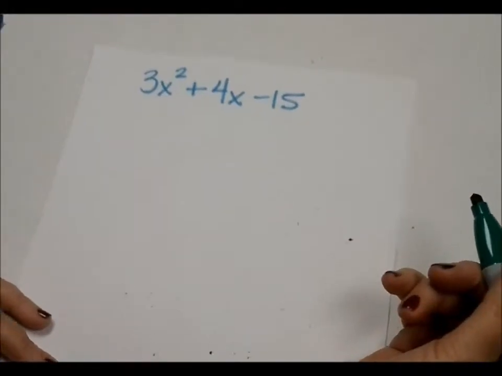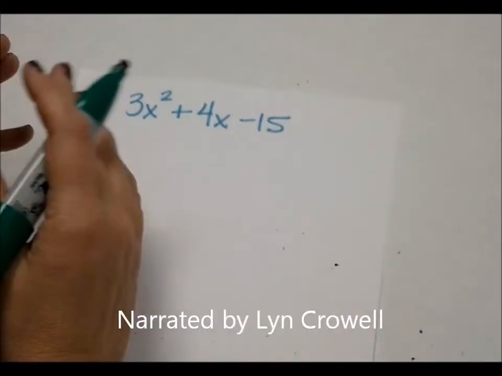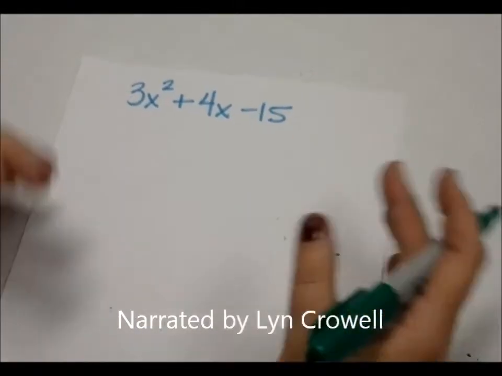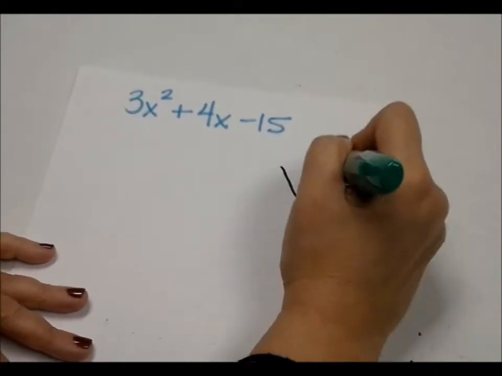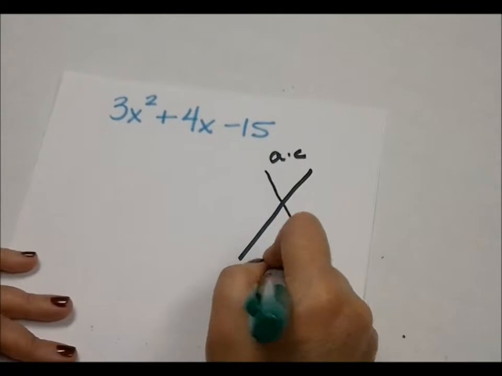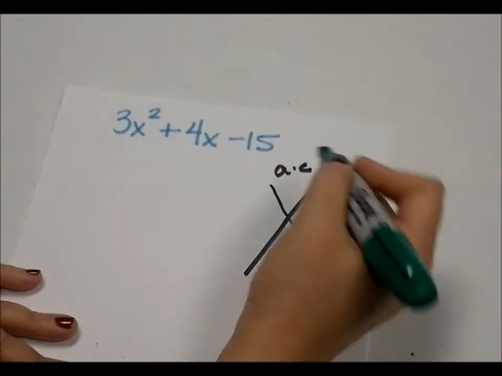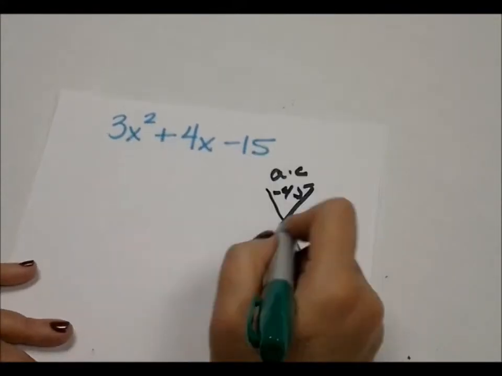So we're going to look at this through the model of split the middle term, which is tied to the algebra tiles, which is tied to the box method, but it's taking away those structures, and I'm going with a more complex problem here. But I'm going to start very similar to what I did with the others. I'm going to find A times C and I find B. Well, A is 3, C is negative 15, so that gives me negative 45 up here,